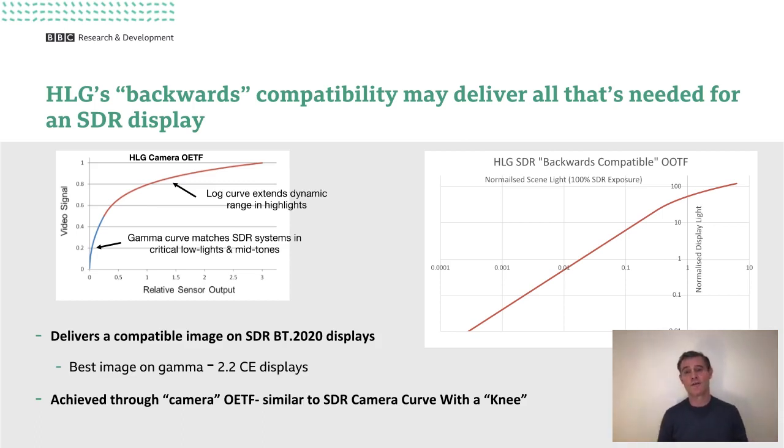and you look at the overall opto-optical transfer function, which is plotted on the graph on the right, you'll see that on a log-log scale, over most of the signal range, you get a 1-to-1 correspondence, you get this direct proportionality, and then for the higher luminances in the scene, what's happened is they're just slightly compressed to get them into the SDR display signal range, and you get a very nice looking backwards compatible SDR image on that 2020 color gamut display.